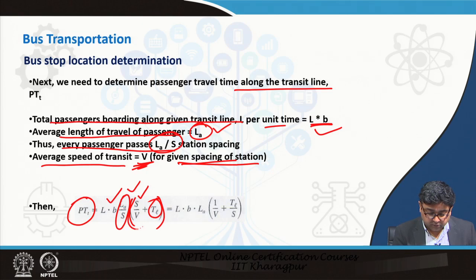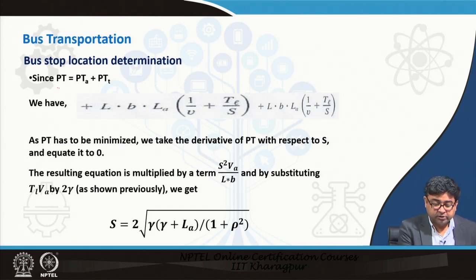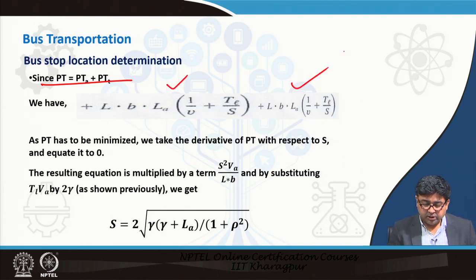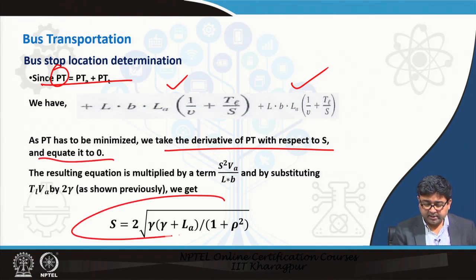So, if you use this term, then what you get is the passenger travel time on the transit line as L times B into L_A times 1 by V plus T_L by S. So, now if you add both of those terms, since PT is equal to PTA plus PTT, you get this, and eventually, since you have to minimize the travel time, you do a derivative of PT with respect to S and equate it to 0, and what you are going to get is S